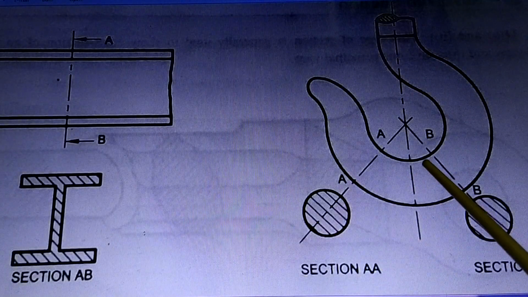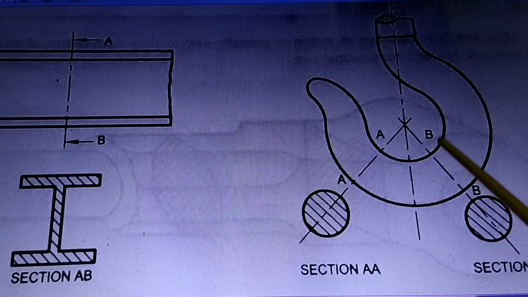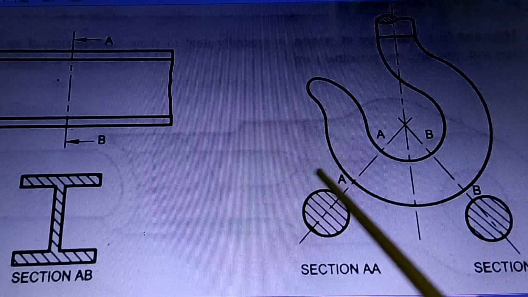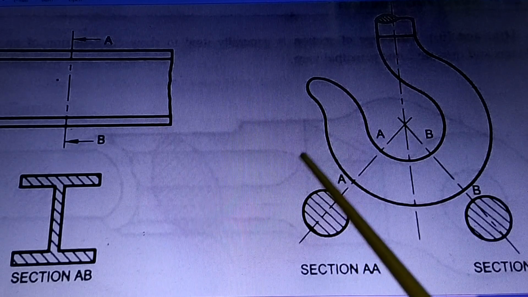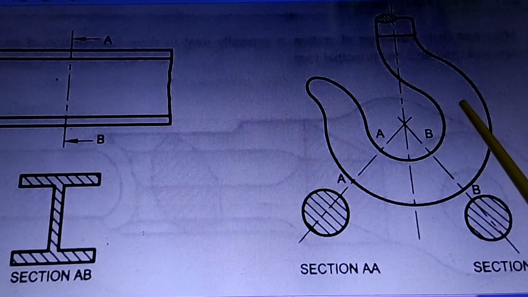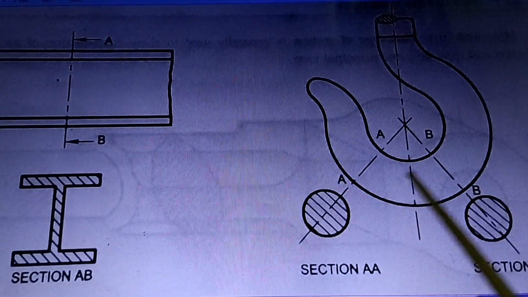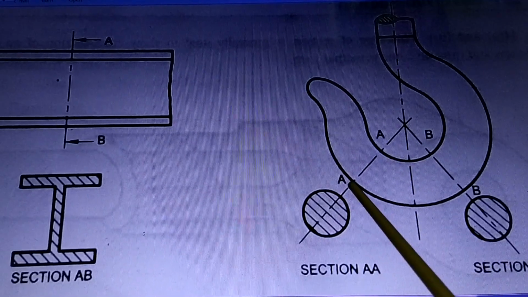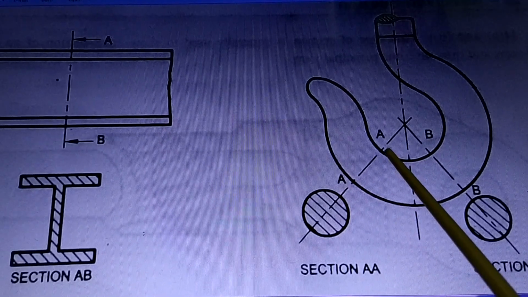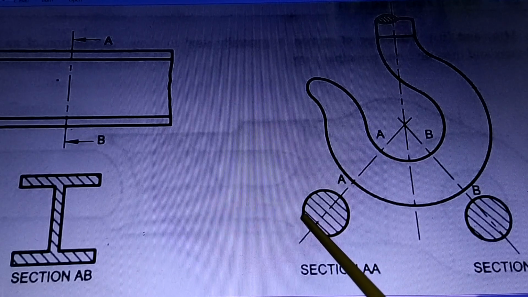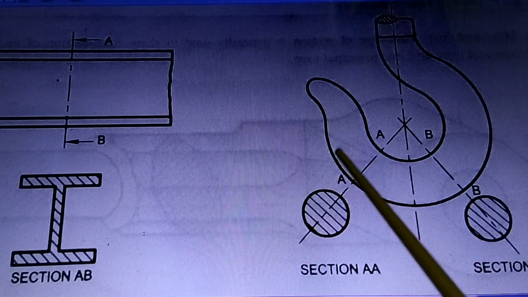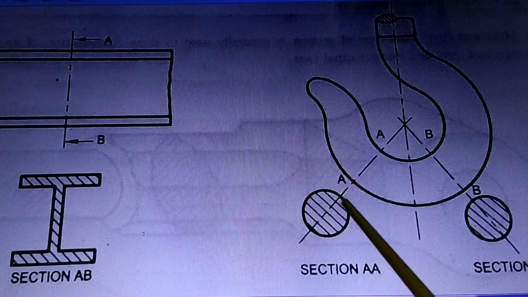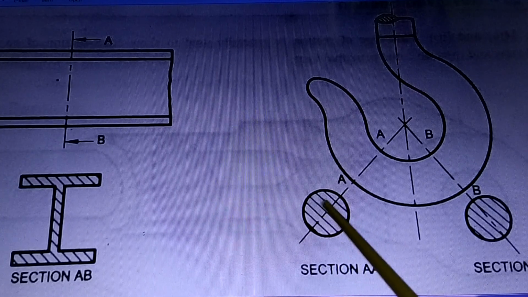Now, there is another type of section. This is called a removed section. As you see, there is a hook here. Now, how this hook is made up, you might think of drawing the side view of the hook. But then, that is unnecessary because the rest of the shape we are not interested in. We are mainly interested in how this particular section is made up. So what they do is, imagine that you cut here and take a section here. So whatever is the cross section at this place, that section is drawn outside the figure. So this is called the removed section. The section is removed from here and drawn separately. So instead of drawing it like a side view, it is drawn outside the figure. This is called the removed section.